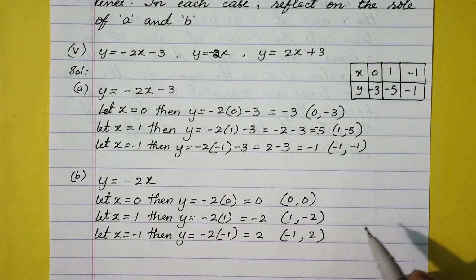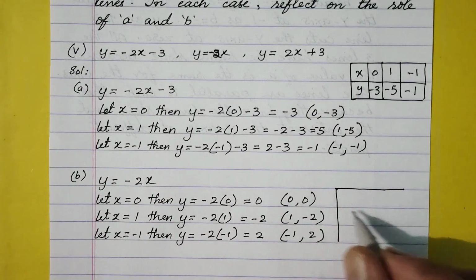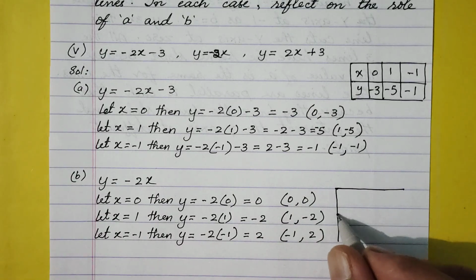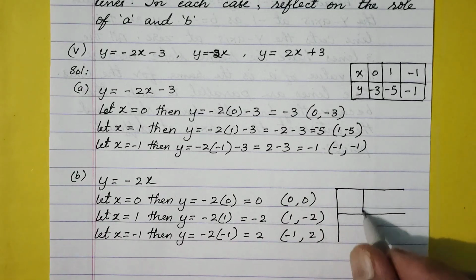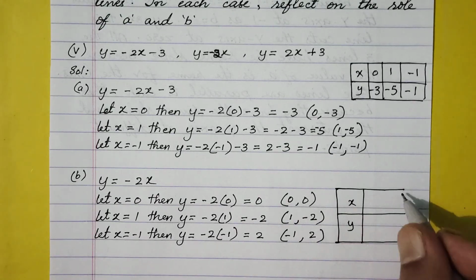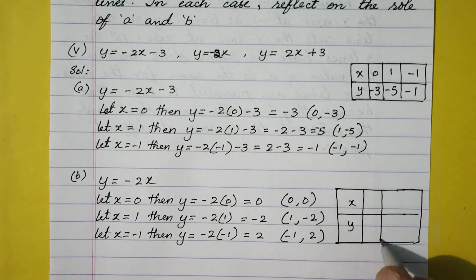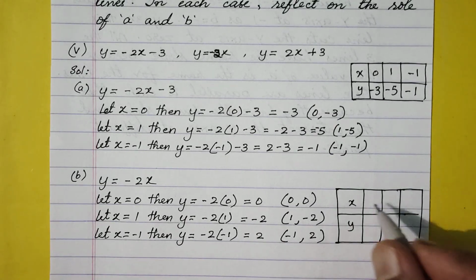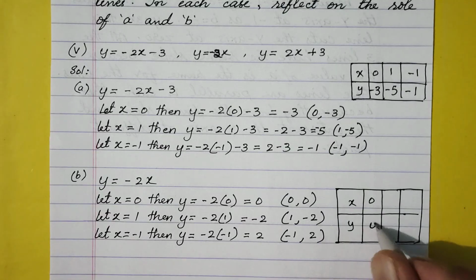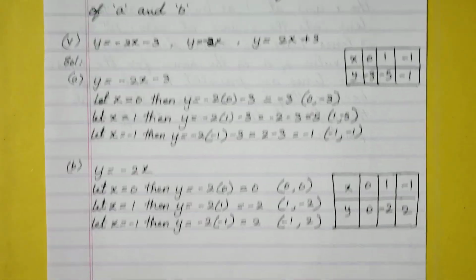We'll put them in the box. X is 0, y is 0, 1, minus 2, minus 1 and 2. The third one,